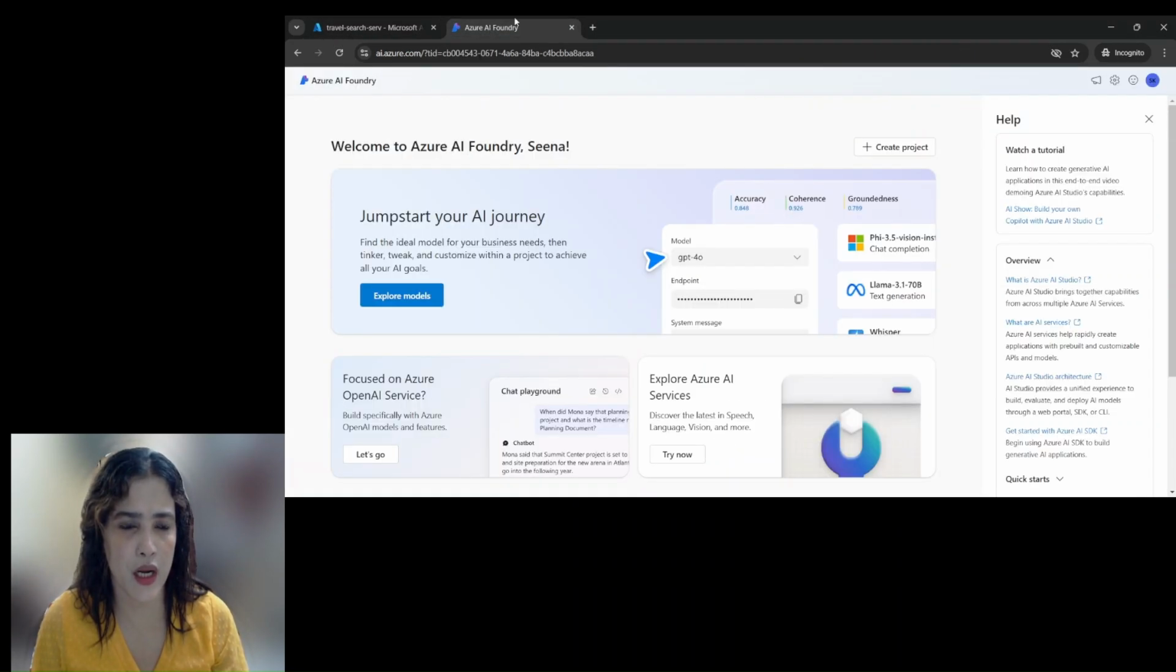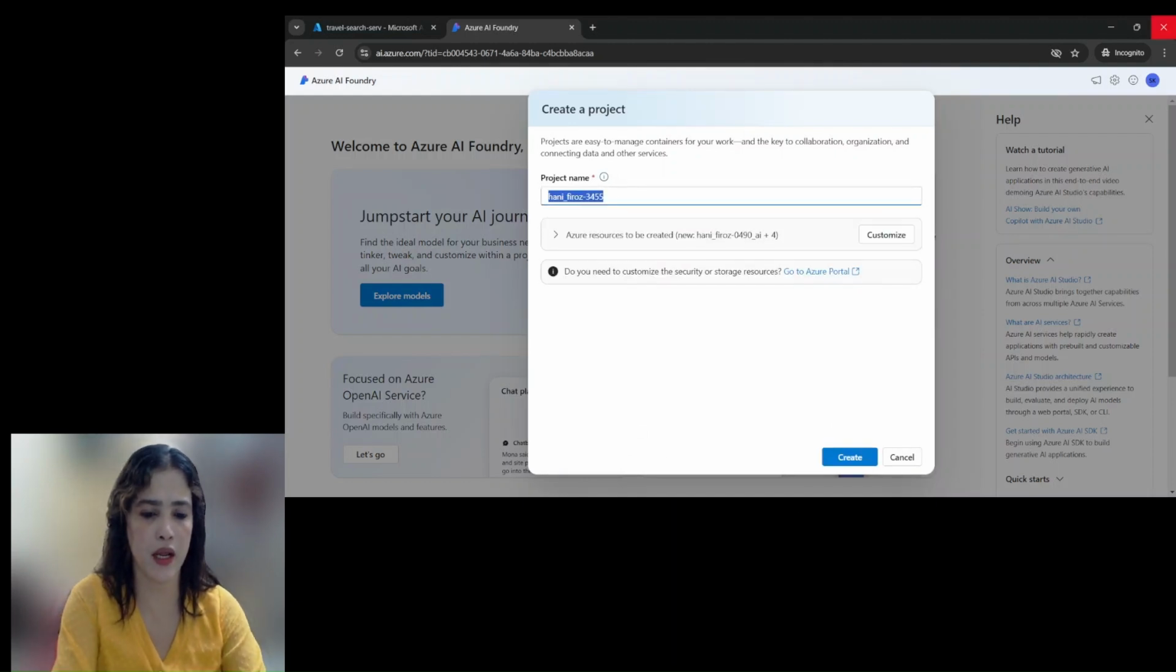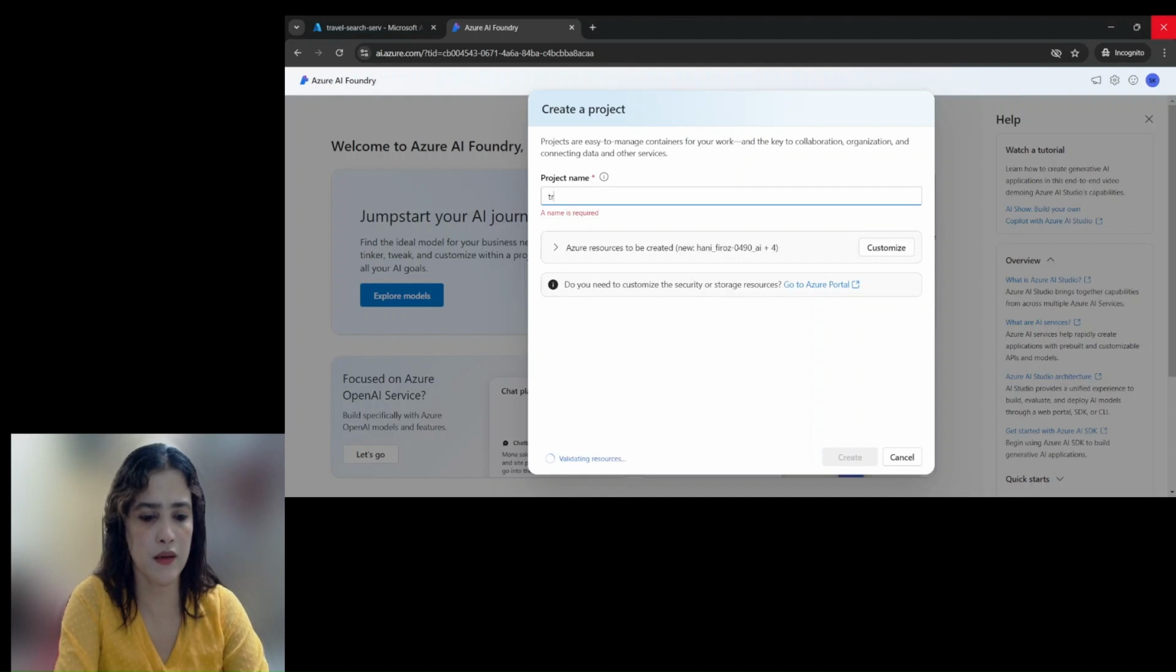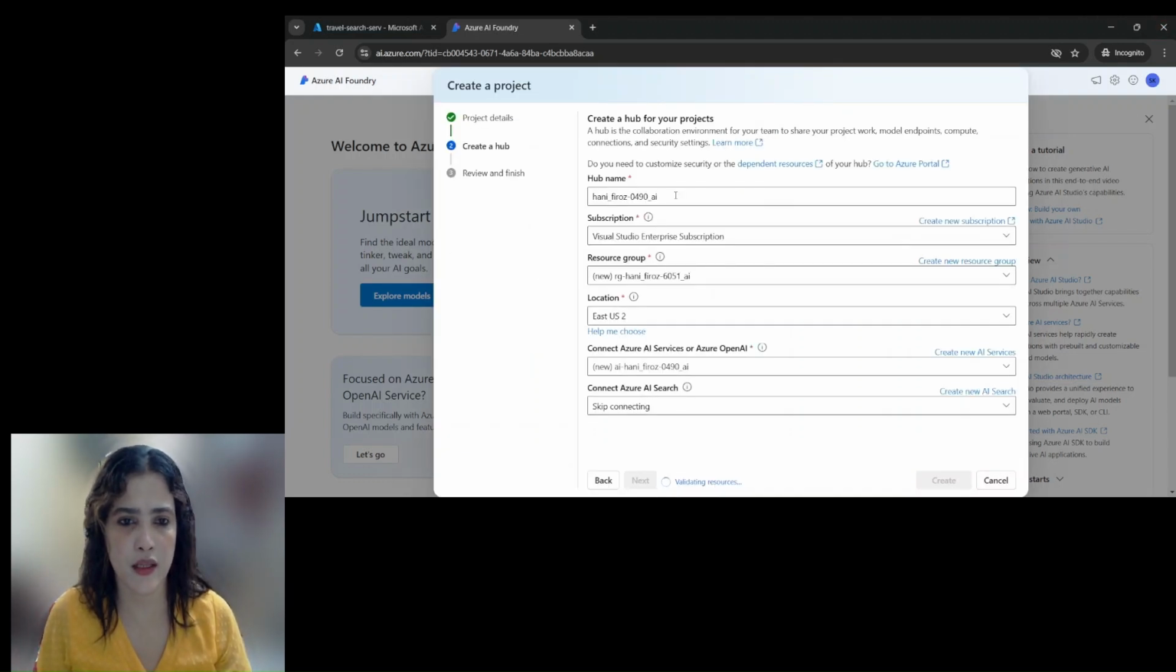Now go to your Azure Foundry. Our next task is creating an Azure AI project. For that, we have to come over here in the Azure AI Foundry and click on plus create project, and here you can enter your project name. So here, travel project AI, then click on customize and provide the hub name